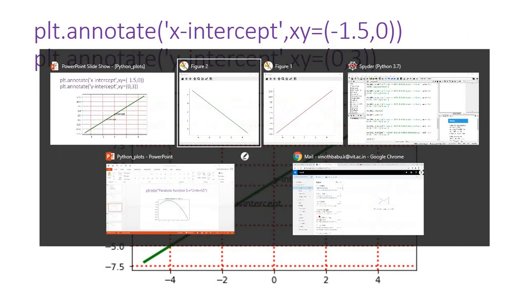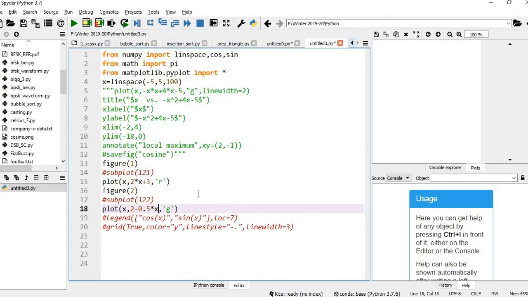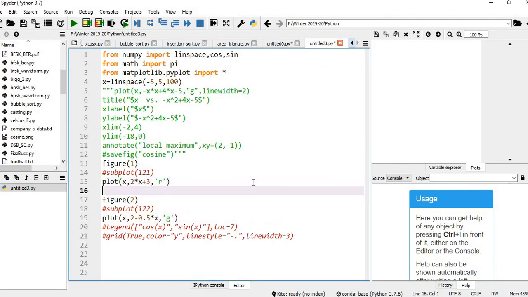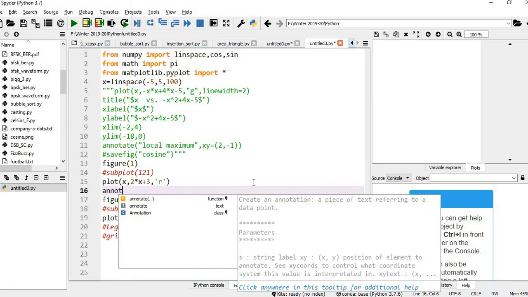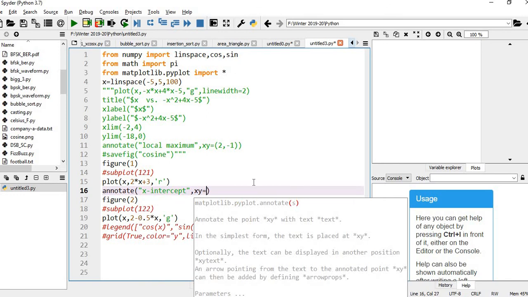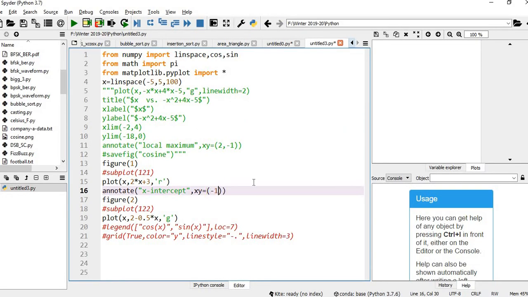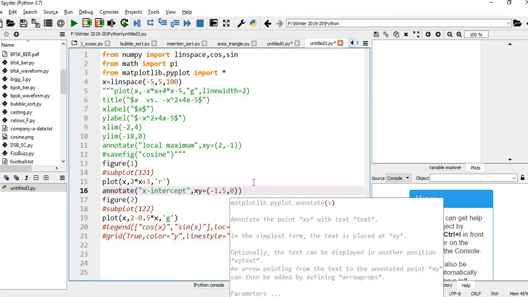Okay, I'll go for Python code. First figure, annotate. So we know that in string format we need to give x intercept comma xy, within round bracket we need to give the values minus 1.5 comma 0.